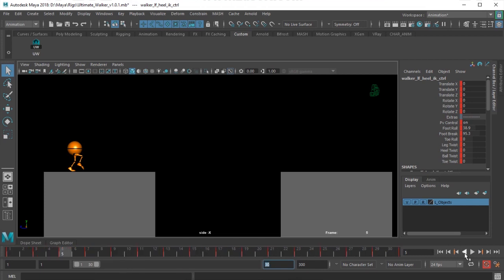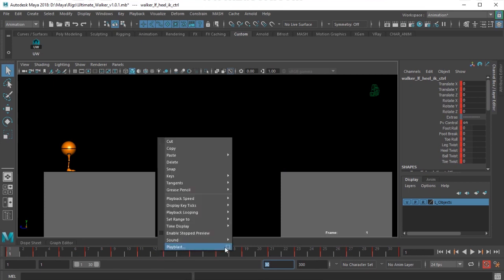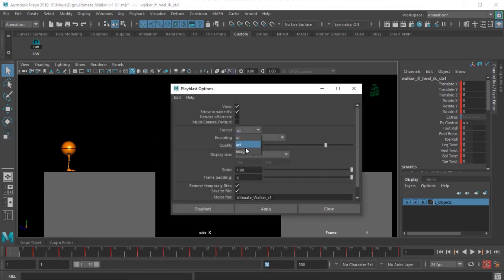Maybe I can just put a normal playback and see. Okay, due to timing, we are getting a bouncing ball effect. Let's see.